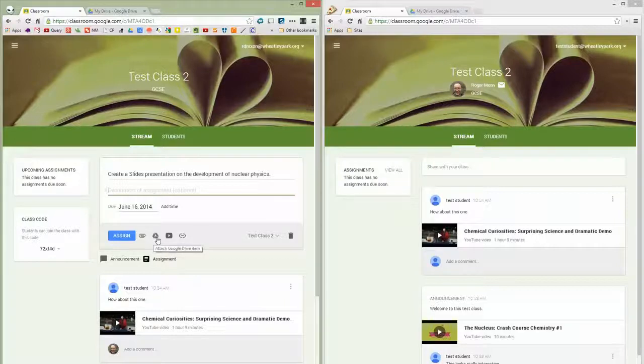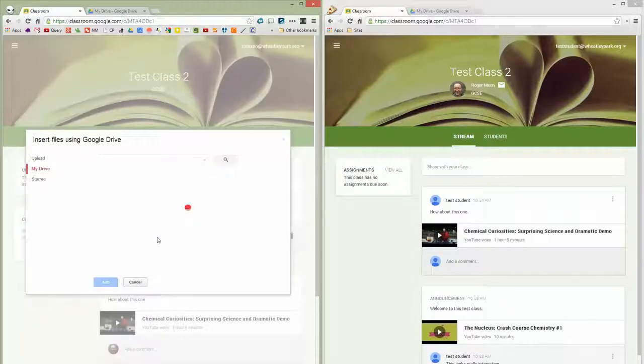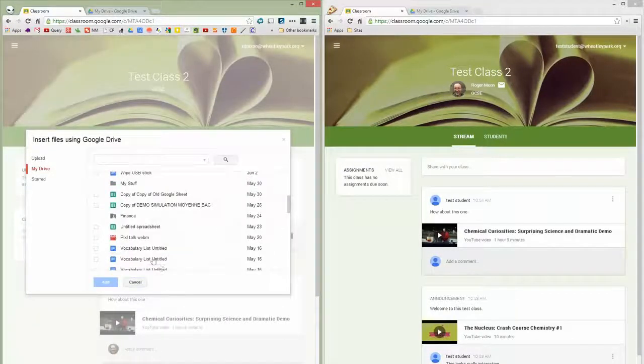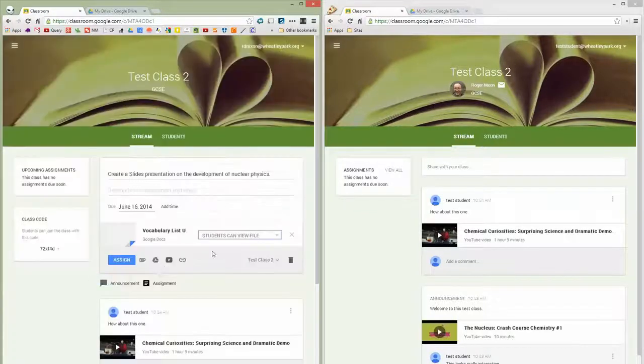If you attach something from your drive, what you'll get is the option of, if I just pick something random, vocabulary list, whatever that is: students can view the file, so that's a read-only file for all the students to look at. Students can edit the file, which means it's a collaborative document for them all to do something on. Or make a copy for each student. If you select that option,